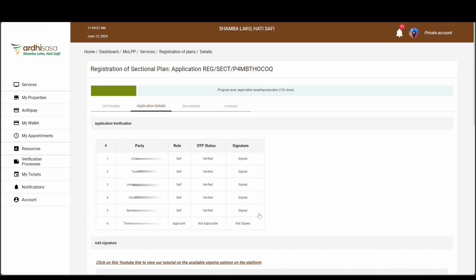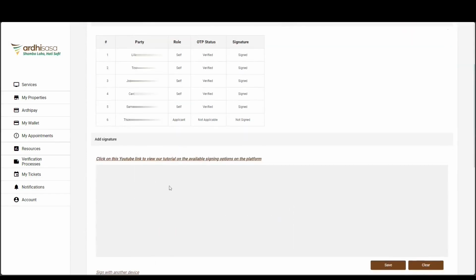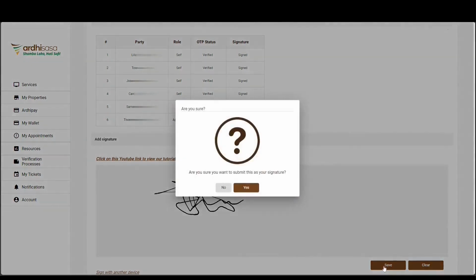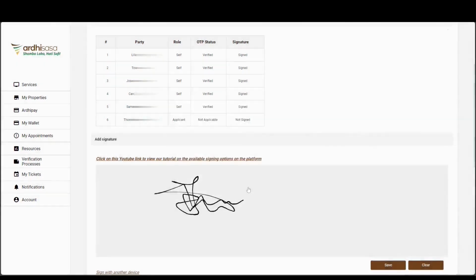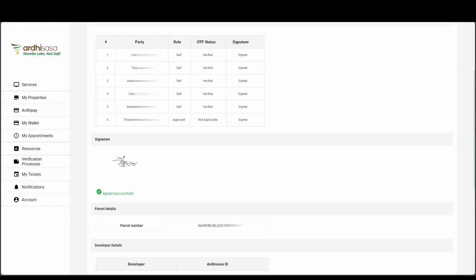However, as you can recall, you held out on signing earlier on until all the parties had completed their roles in the application. With that done, you can now proceed to the Add Signature section and append your signature. In this case, you'll sign in the signing area and then click on the Save button. A pop-up notification will appear requiring you to affirm your submission of the signature. Click on Yes. Upon doing so, kindly refresh the page